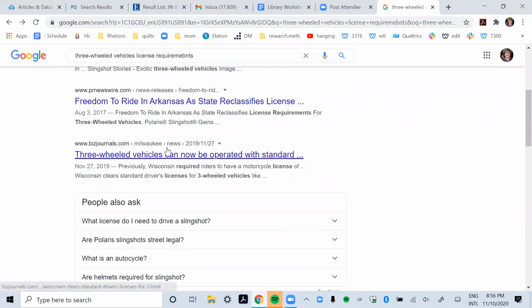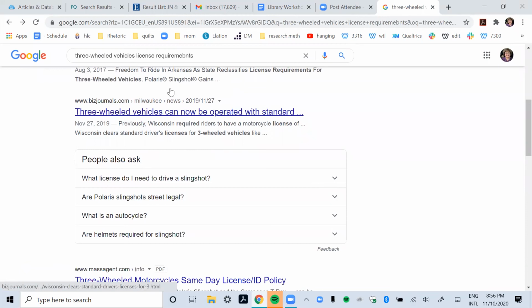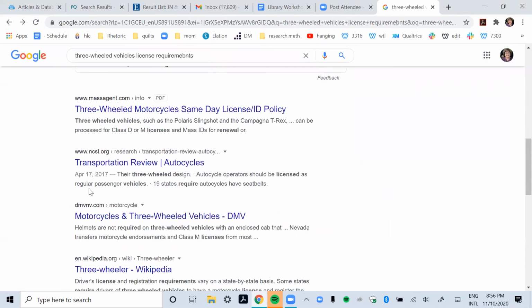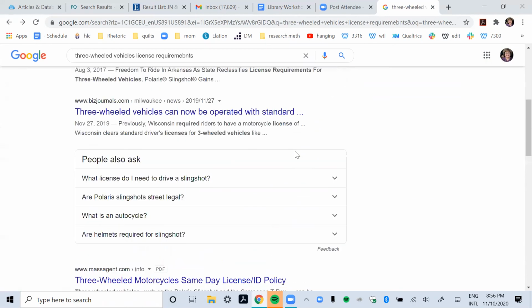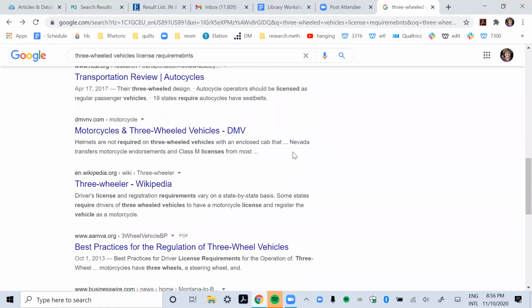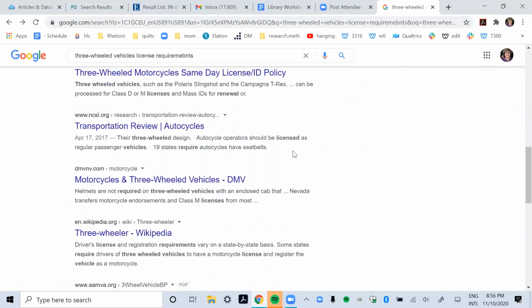And then we see it can now be operated with standard. Okay, so Wisconsin. And this is the kind of thing that is out on the web. So these articles from newspapers and from marketing things may be helpful just to give you the overall view. But